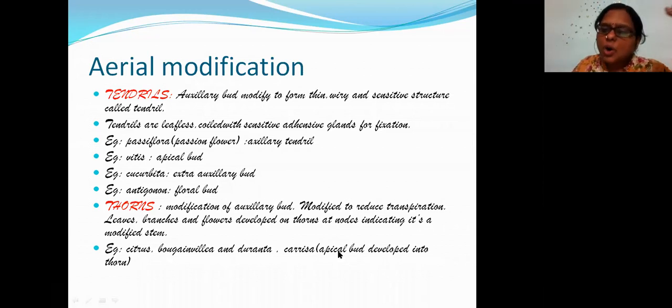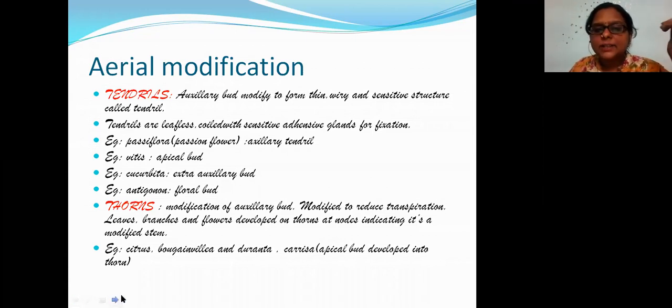the axillary bud. See, picking up all the diagrams was difficult, students, because the slides were really increasing in number. So I have just taken a few pictures to show you. Okay, you please Google out all these plants. Carissa, bougainvillea, you know bougainvillea, right? And bougainvillea I have in another slide also. Citrus, you know, you can see what is Duranta and all. Okay, so whichever names are coming, if you just Google them and see the picture, those will be the flowers which are actually in your garden. Okay, not the very rare ones that you have not seen, right?